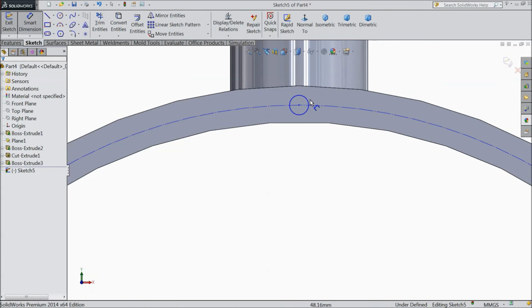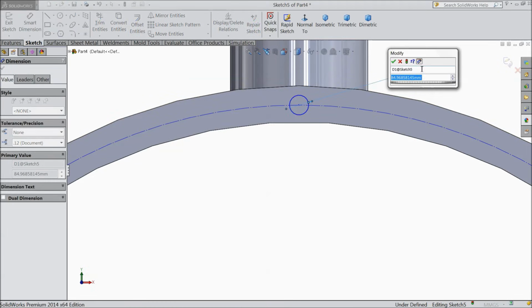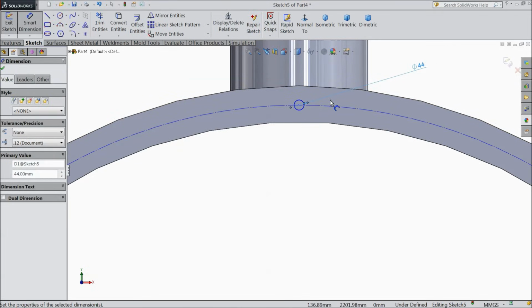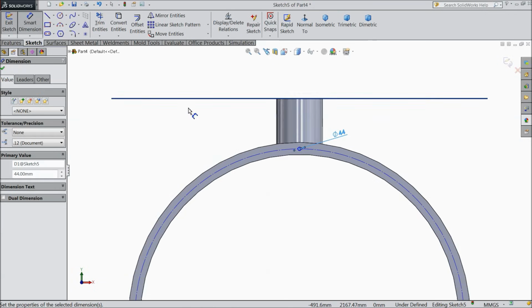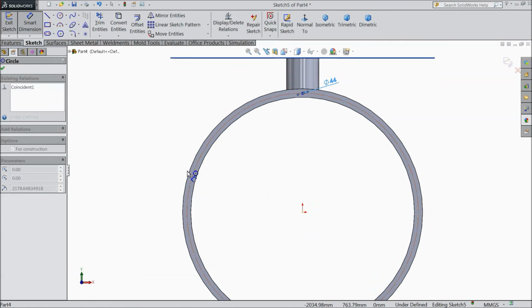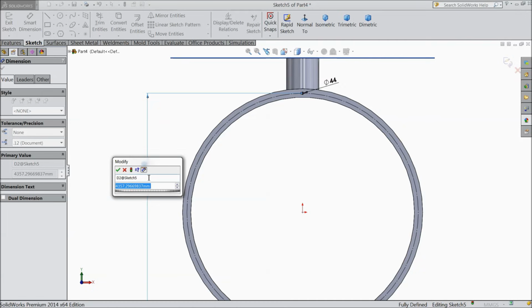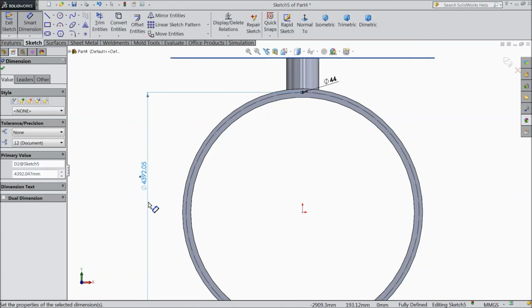Now assign the diameter 44 mm. This is the hole for bolting, and keep the bigger diameter 2196.0235 times 2.